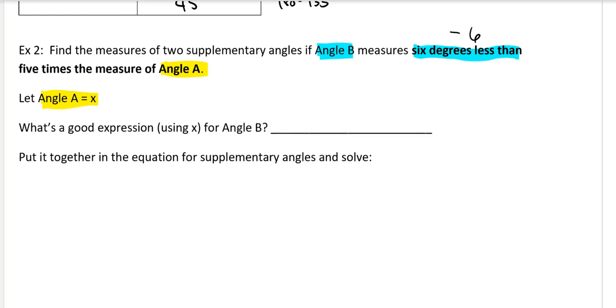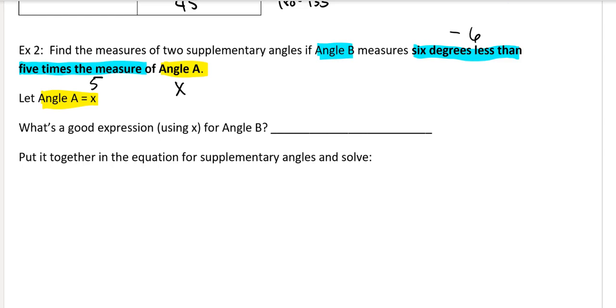So that's the first piece. Now, the second piece that we have along with that is this other expression here, 5 times the measure. And what are we taking 5 times the measure of? That little part will just be 5. And then the measure of angle A, they already told us what that was. That's kind of nice. That is just x. So when we put those pieces together, a good expression for the measure of angle B is going to simply